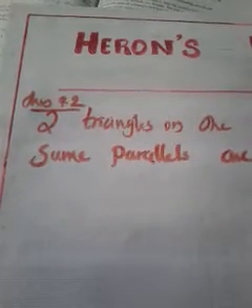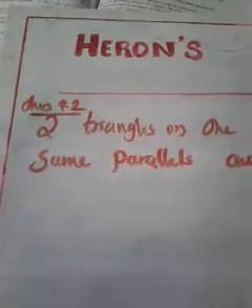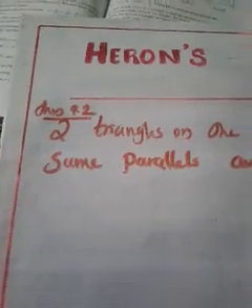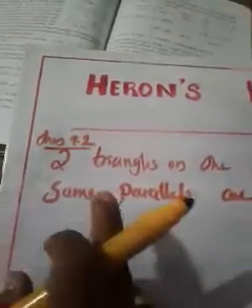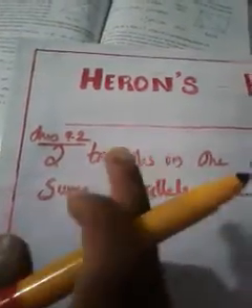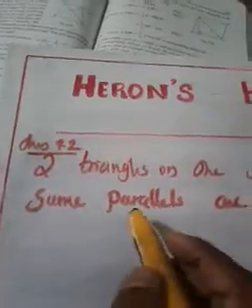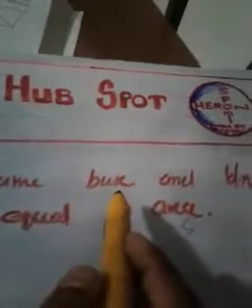What was the first theorem? At that time we considered two parallelograms with the same base and between the same parallel lines. And what was the second theorem? In that case we considered a parallelogram and a triangle with the same base and between the same parallel lines. And here, instead of a parallelogram and a triangle, I am going to consider two triangles, or it can be two or more triangles. It can be any number of triangles. All the triangles should satisfy the condition: as always, they should share the same base and be between the same parallels, and they are equal in area.